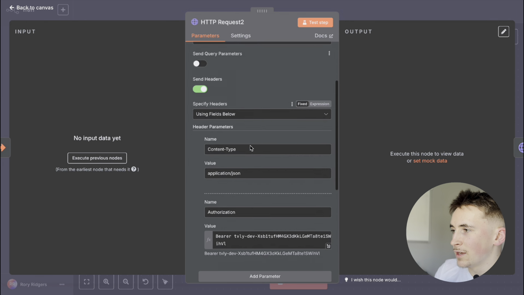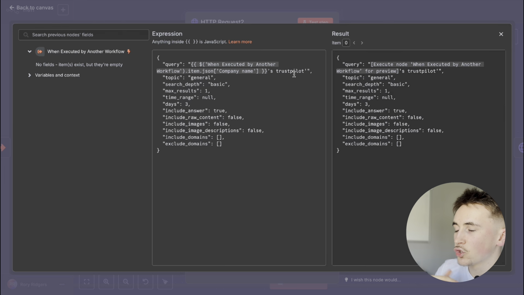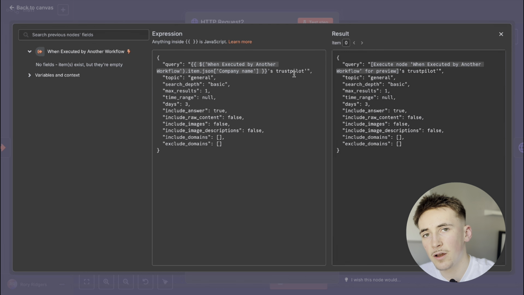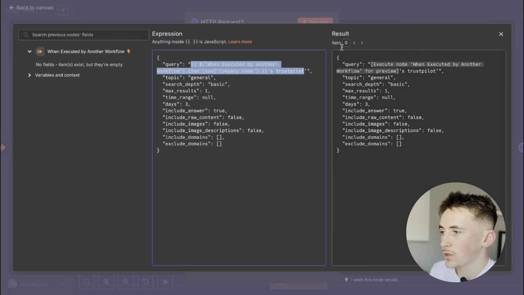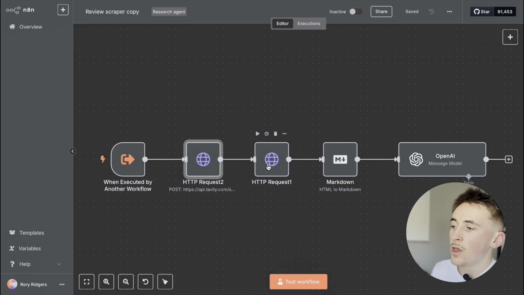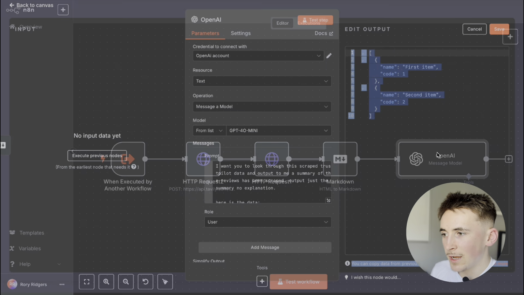But the only difference in here, in this case, in Tavily, we're searching for the company name's Trustpilot. So I've just done it on Trustpilot. You can do whatever review platform you like, but I just thought Trustpilot made the most sense. So basically, again, let's say we're doing Gymshark. It's going to do a search for Gymshark's Trustpilot, give us the URL. We're going to scrape that, get all the HTML data, convert that to Markdown, use an LLM step to just